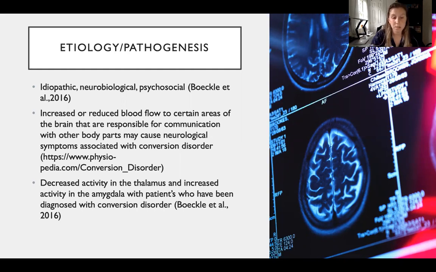The thalamus is the main system to cortical areas where the sensory and motor pathways or signals will pass through. Therefore, it plays a really big role in generating intentional movements and learning adaptive motor actions. Research has also shown increased activation in the amygdala. This is the emotional core of the brain. It's possible that the hyperactivation is related to an emotional response of motor action planning and then inhibits motor execution.